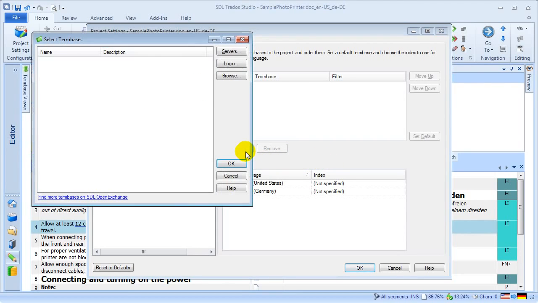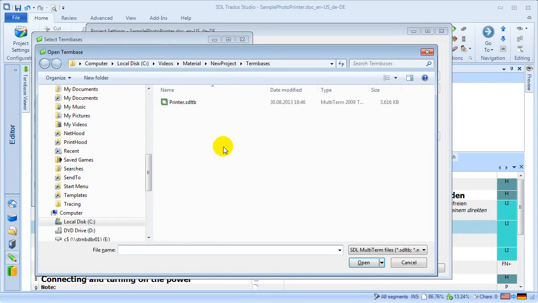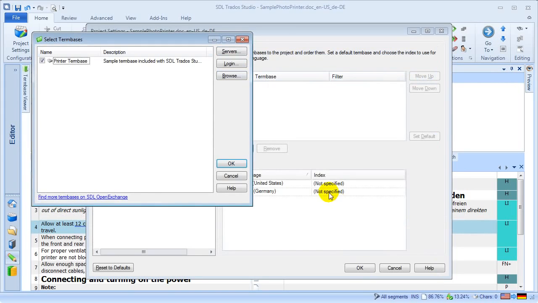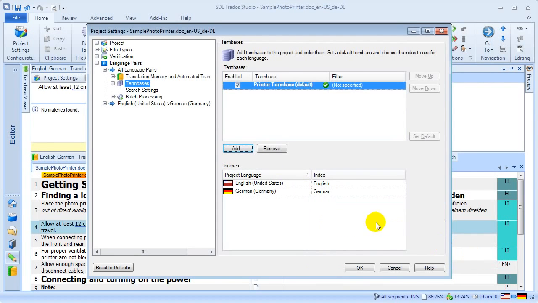So in my case, I click Add and then Browse for a file. And then I go into the same folder location that I've shown at the beginning. So in this case, term bases here, which then allows me to add this particular sample term base that is shipped with Studio as well. So I'm clicking OK. And then you can see that the printer term base has now been added to the project. And once I confirm this with OK,